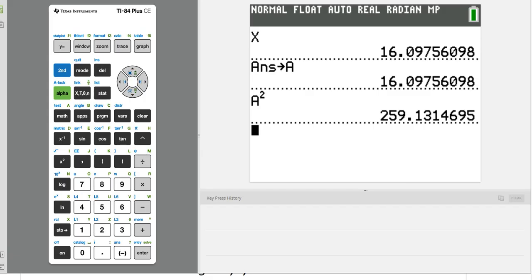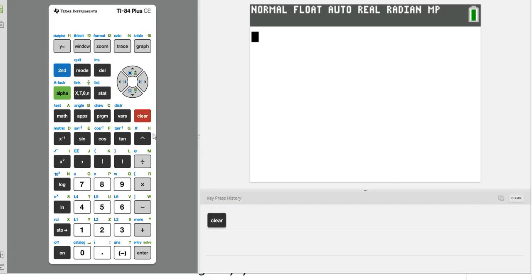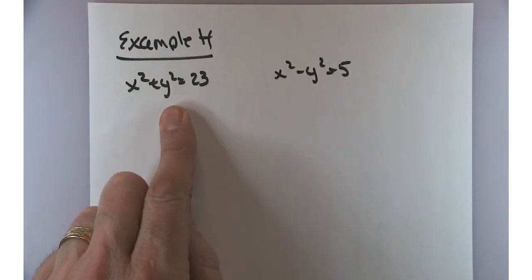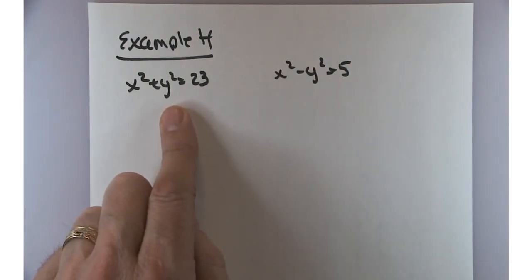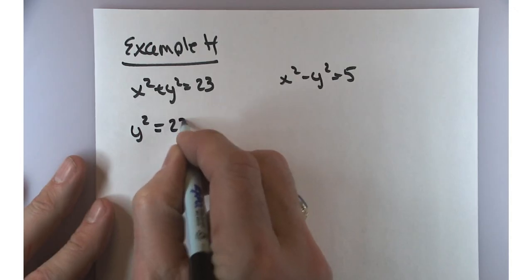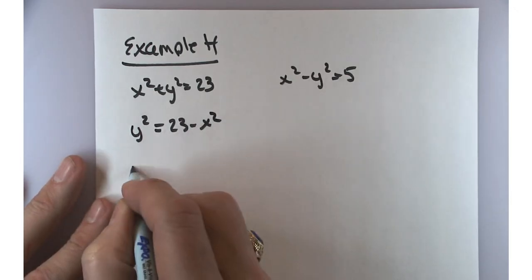Now I can't directly plug these into my graphing calculator. It's just not going to like it. So what you would have to do is solve for y in both of these. Also, another way to put it in, couldn't you also just move the 23 and the 5 to the other side as well? Well, in this one I'm going to move the x squared to the other side, 23 minus x squared, and then take the square root,